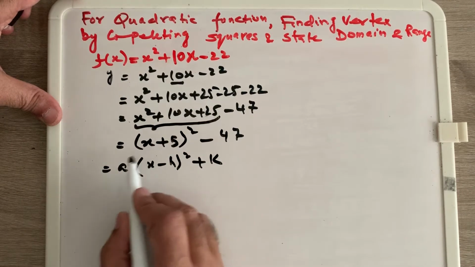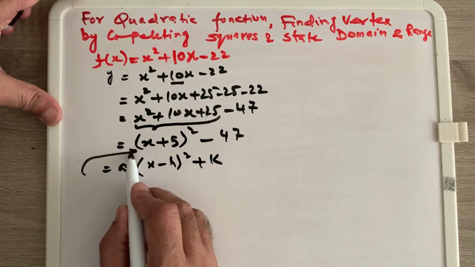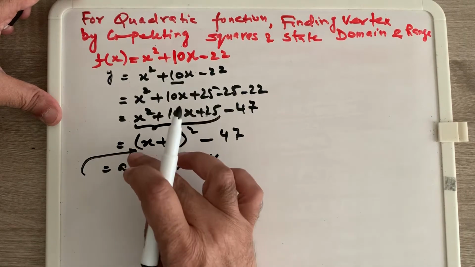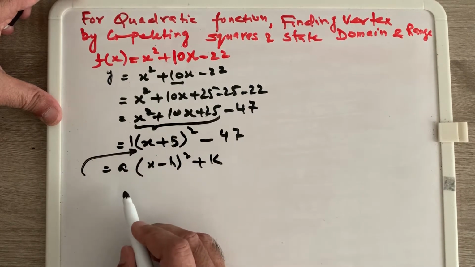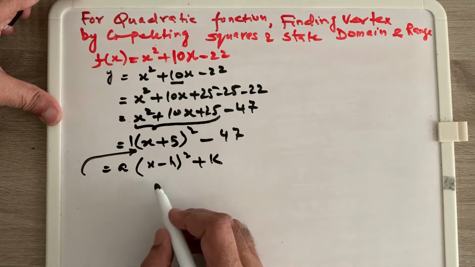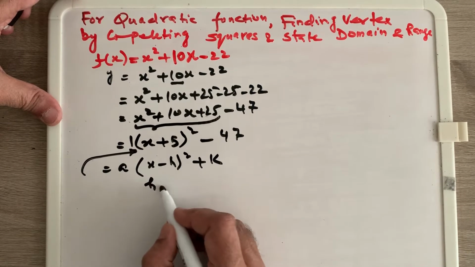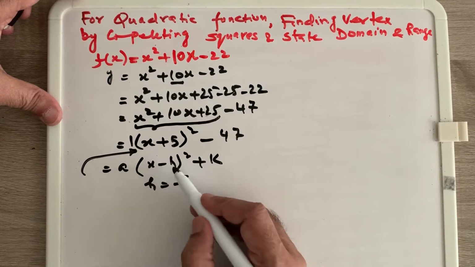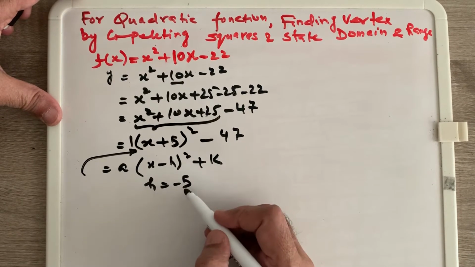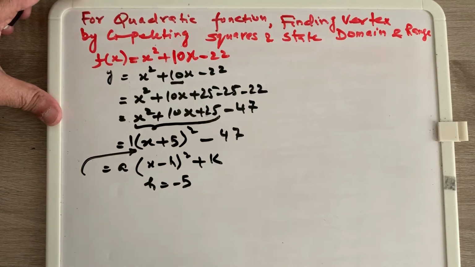Now my a is 1, so I have to compare here. So my a is 1, right? a is the coefficient of this, so a is 1. And my h is minus 5. Be careful here because in the comparison minus h is 5, so h is minus 5, right? Because we have to find out h, and k is